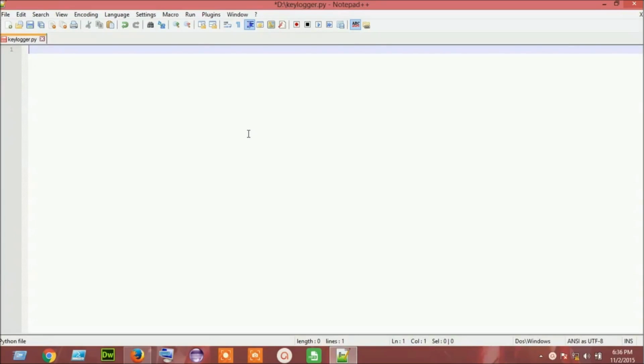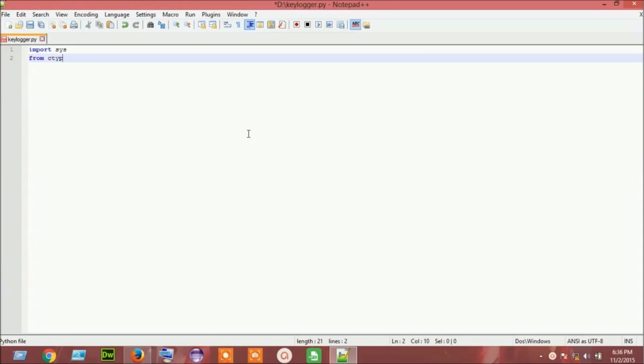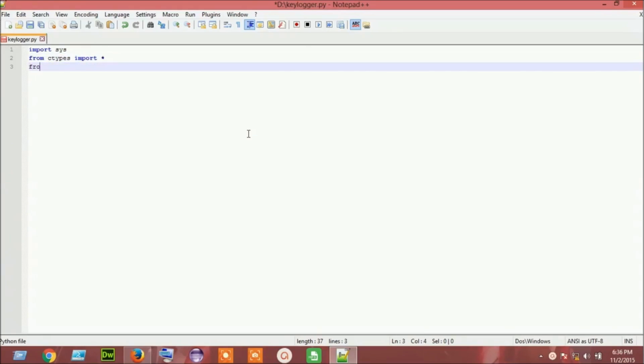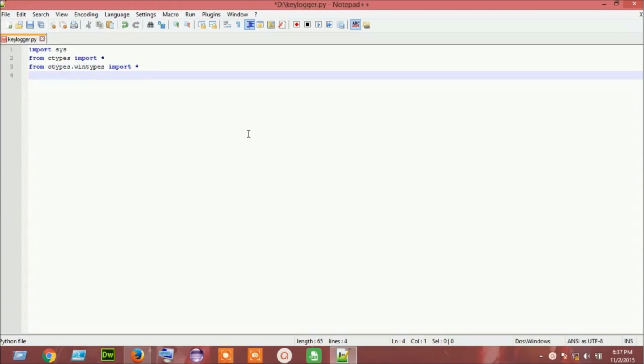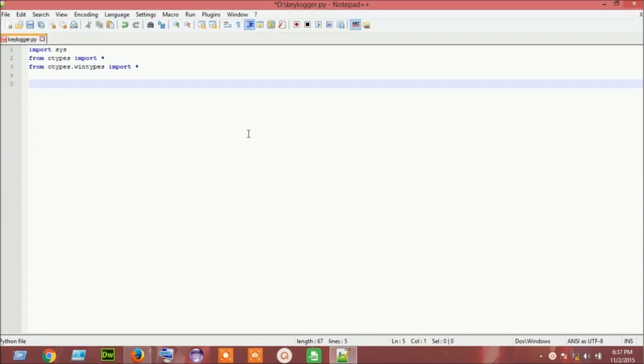Okay. So first of all, I'm going to import the libraries that I'm going to need. I'm going to import the sys library. I'm also going to import the ctypes library. I'm also going to import the wintypes module. Okay, wintypes. Right. So now that we have that in place, I'm also going to define some variables which will hold the